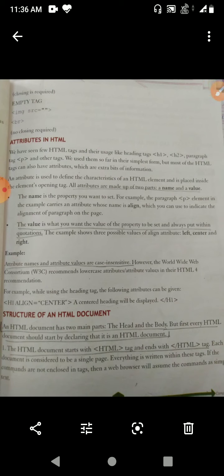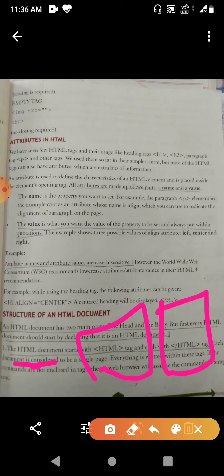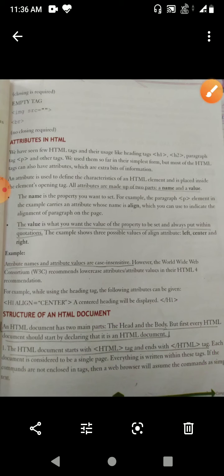Now we will learn about the structure of HTML. Firstly, we should declare the HTML tag, and we should close the same tag. In between, we will write all the titles and the body of the web page which we are creating for our website.